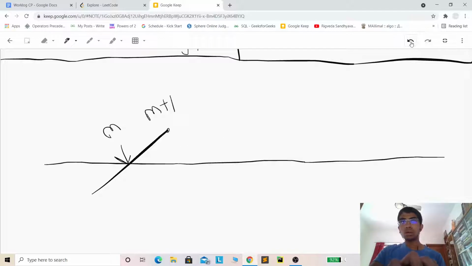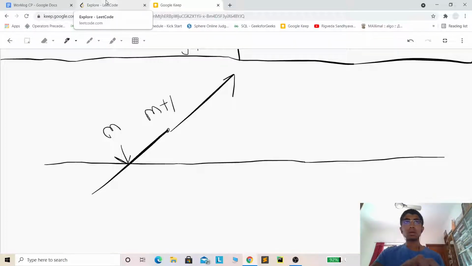But in the worst case, the array may be entirely ascending, and the last element might be the greatest element. Even in that case, the last element is the peak element, as we discussed before. So in any case, if nums of m is less than nums of m plus 1, we can confirm that the peak element would lie in the right part, the segment from m plus 1 till the end of the array.